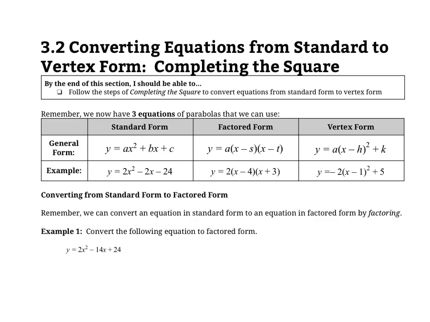So underneath the general format for standard form, I have an example of an equation in standard form, y equals 2x squared minus 2x minus 24. And so I can take this format in standard form and I can convert it into factored form by using a process or method of factoring. And so 2x squared minus 2x minus 24 in factored form would be 2 multiplied by x minus 4 multiplied